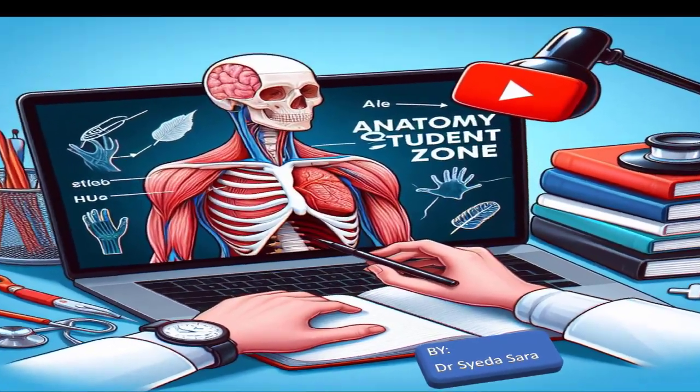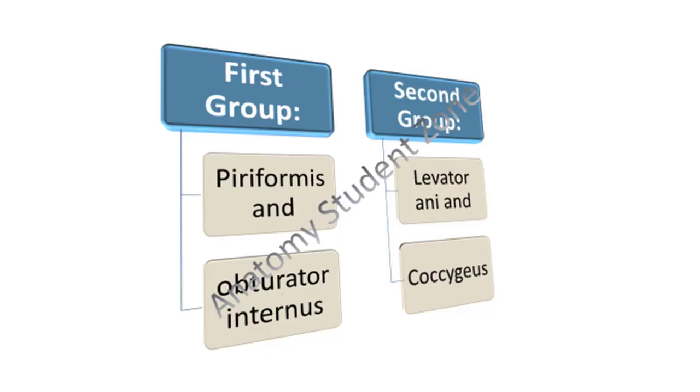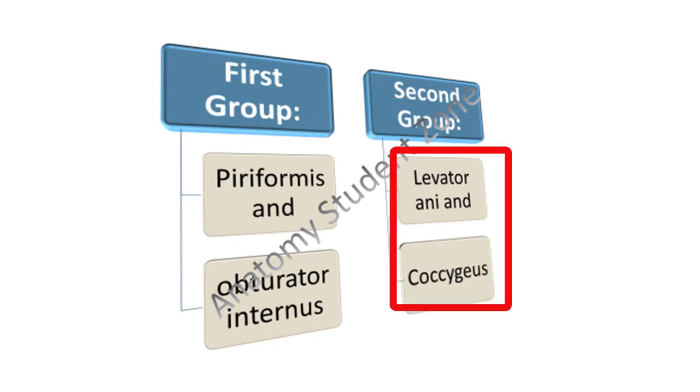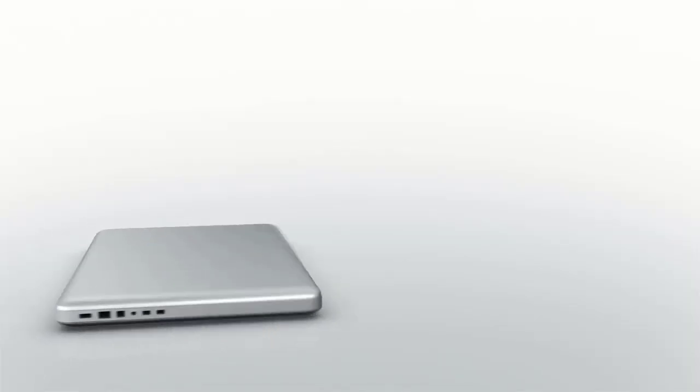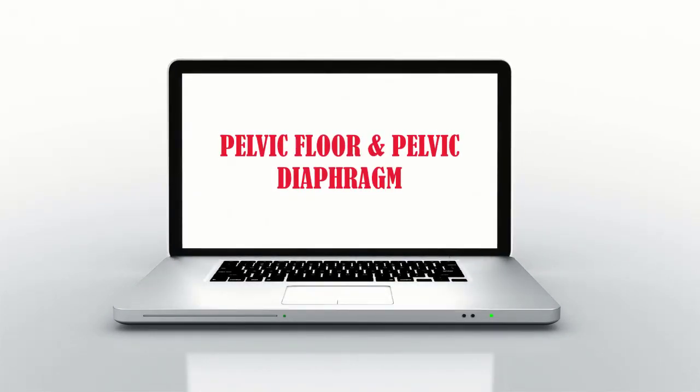This lecture is a continuation of a previous lecture that covered the first group of muscles of the lesser pelvis. Now the second group, which includes the levator ani and the coccygeus, was left. Before I tell you about the details of these muscles, it's important to know about the pelvic floor and pelvic diaphragm. So there is a difference between pelvic floor and diaphragm, and that difference is like the floor of a room